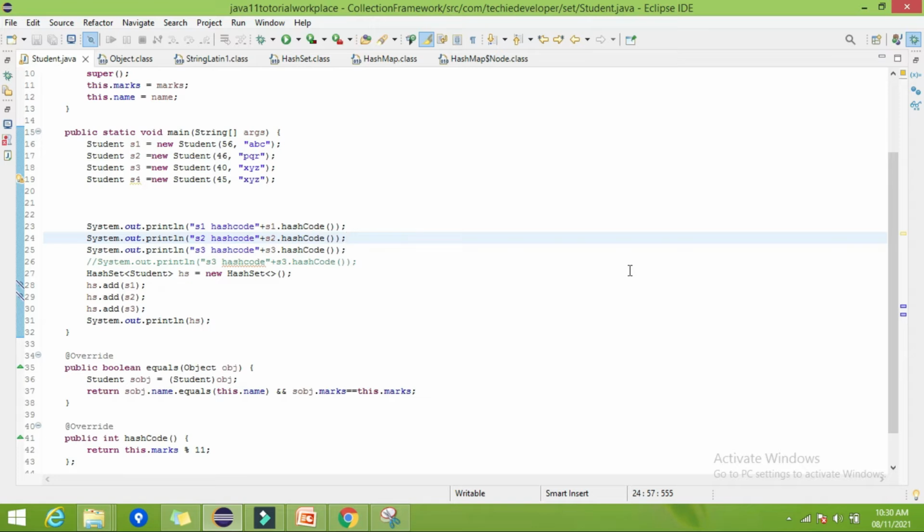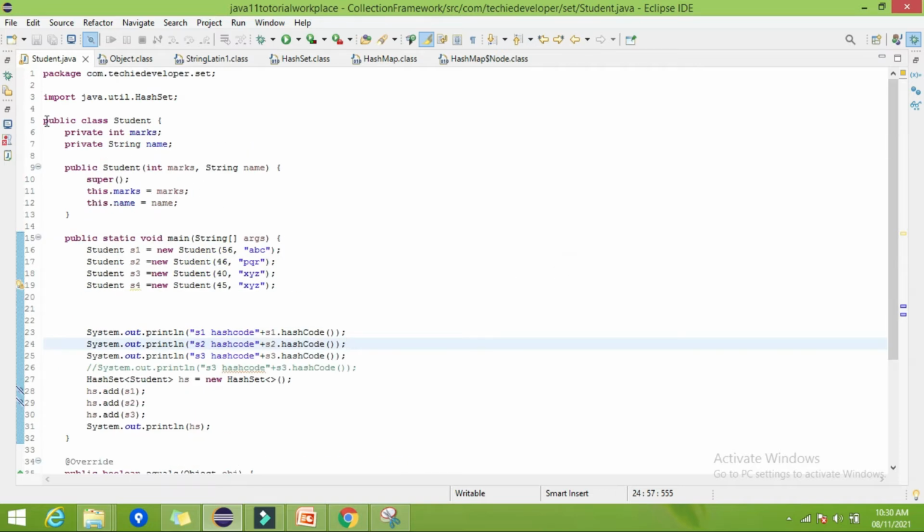Once it calculates the hash code, it will put it on the hash table at that hash code number, and it will create the node with the hash code and key s1, that is student s1, and it will put the value as present, that is a constant. I told you in the last video, the value is nothing but a simple static constant of type Object. So let me show you now by example.